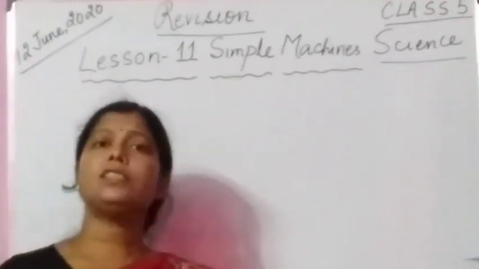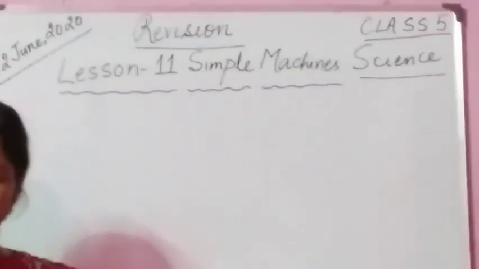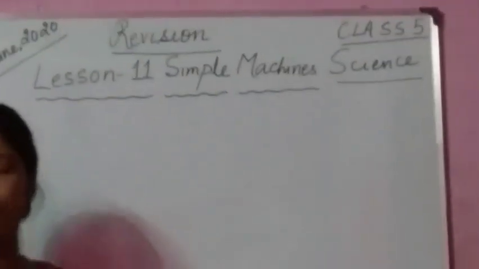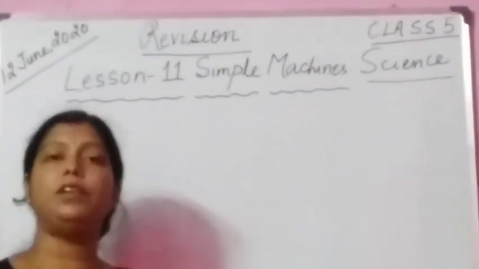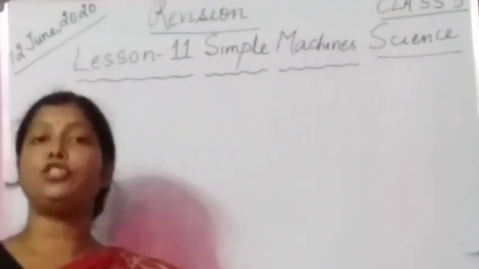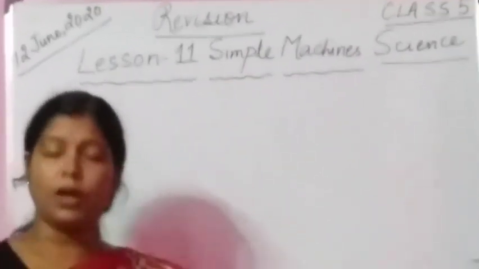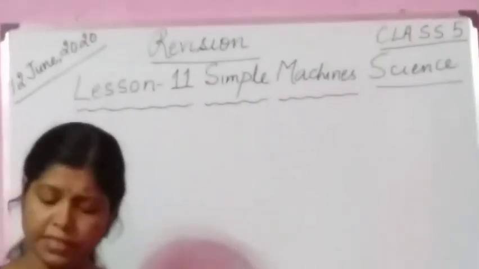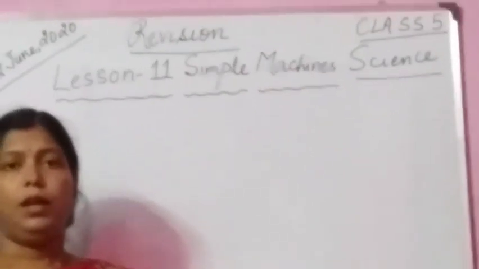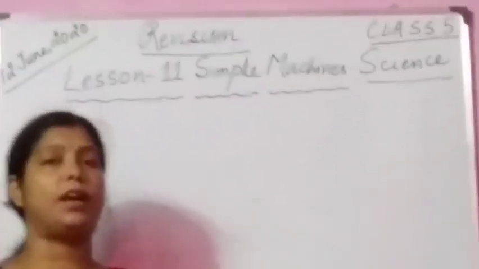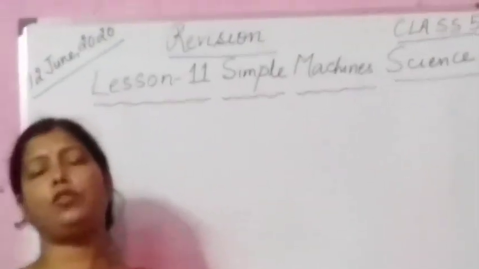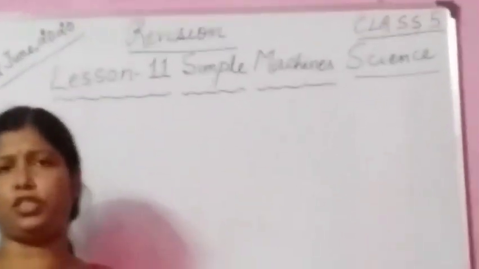Now you see, what is a complex machine? Two or more simple machines work together to form a complex machine, like a bicycle. Okay? Now you see, in this chapter you have learned what is the need for machines. Because a machine has the capacity to do the work of 100 people at the same time. Machines are not only used in factories, but they are used in our homes also. You see around yourself and you will see a lot of machines, right?